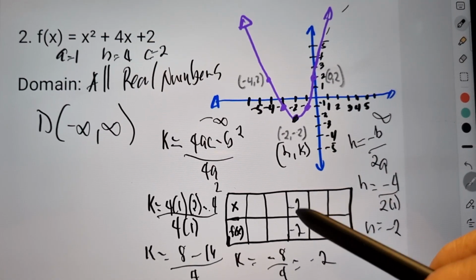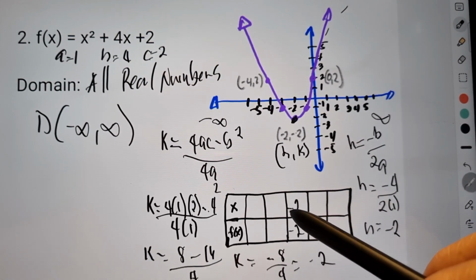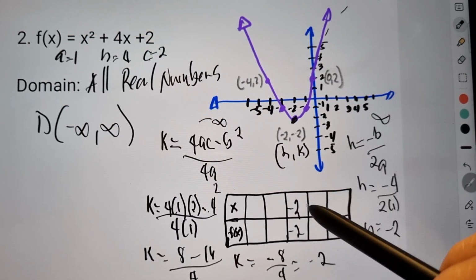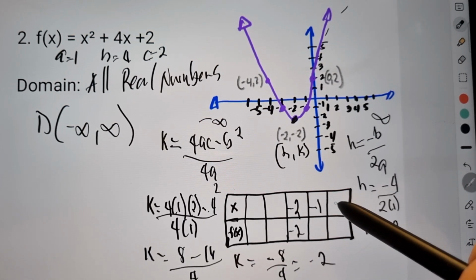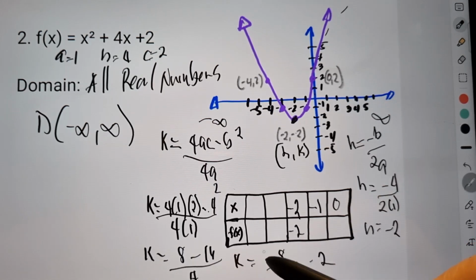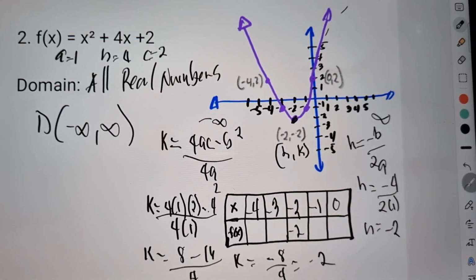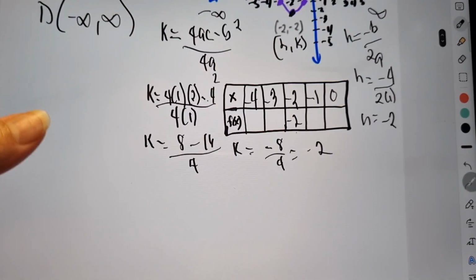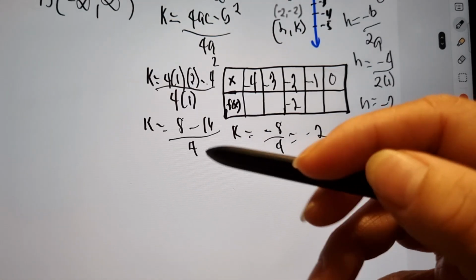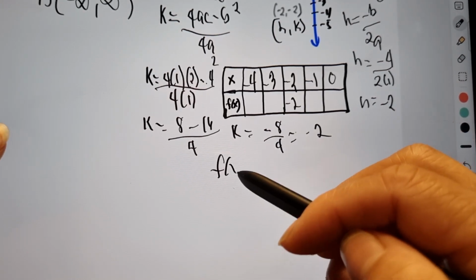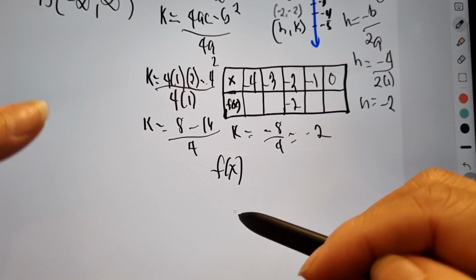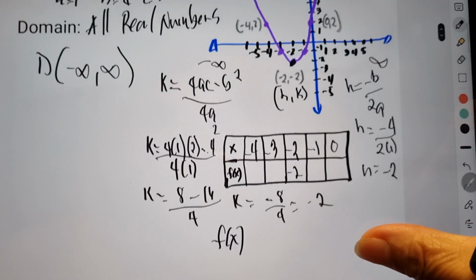Then, pag nagkaroon ka na ng starting point mo, ibabalance mo na siya. Negative 2, pwede ka dito magkaroon ng negative 1, then 0. Sa side naman na to, negative 3, negative 4. Ang i-assign nating value sa x para mabuo natin yung quadratic function na graph. And then, again, sa substitute lang natin ngayon, ang given equation natin is f of x is equal to